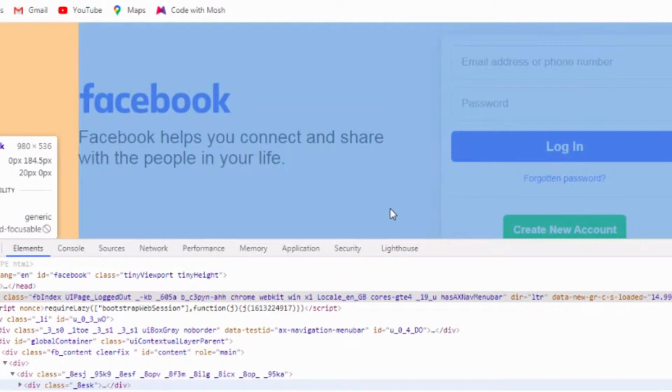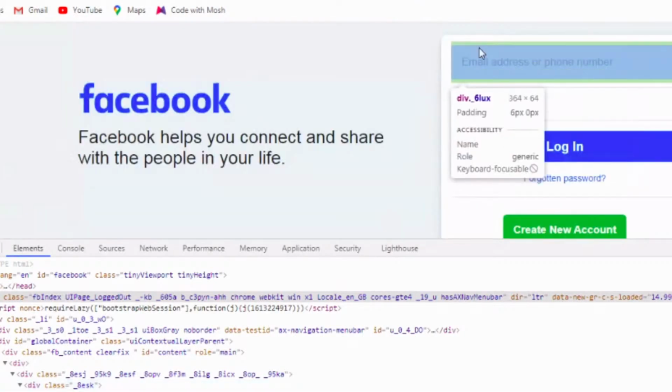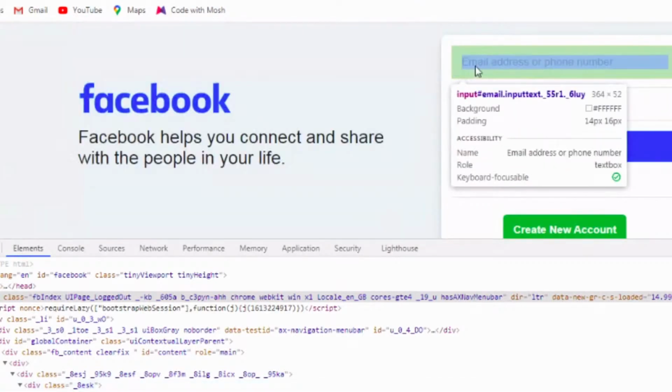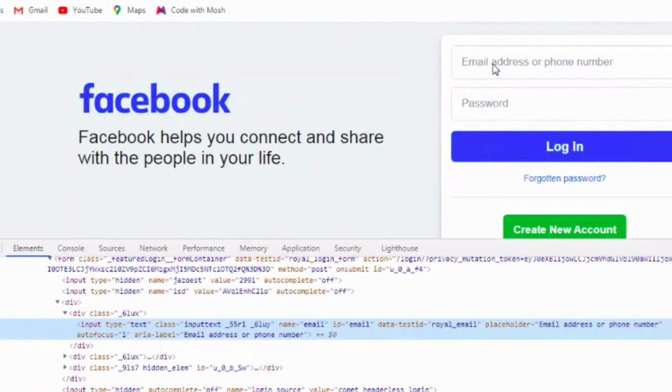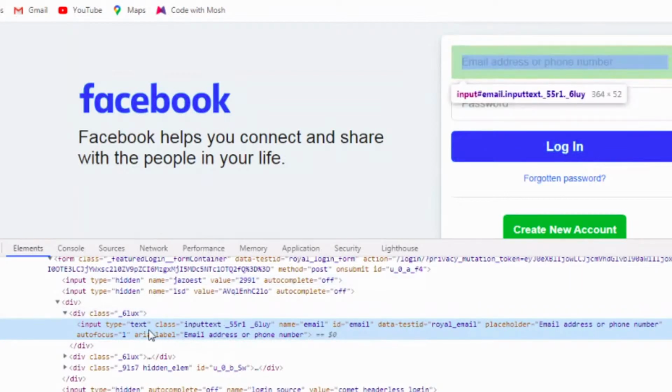So in the present scenario, we want to inspect this input field, because here we want to pass our email ID to log in to Facebook. So just go there and then left click. The moment you click here, it will highlight this input tag in the code of this page.